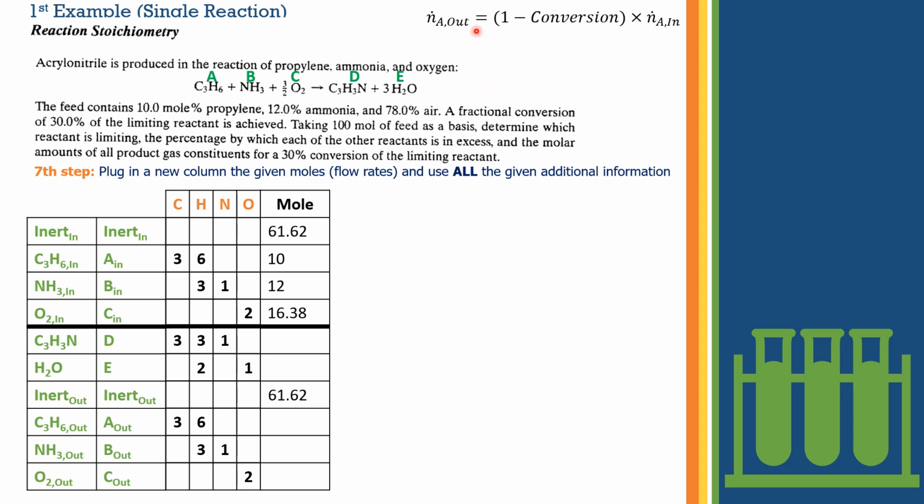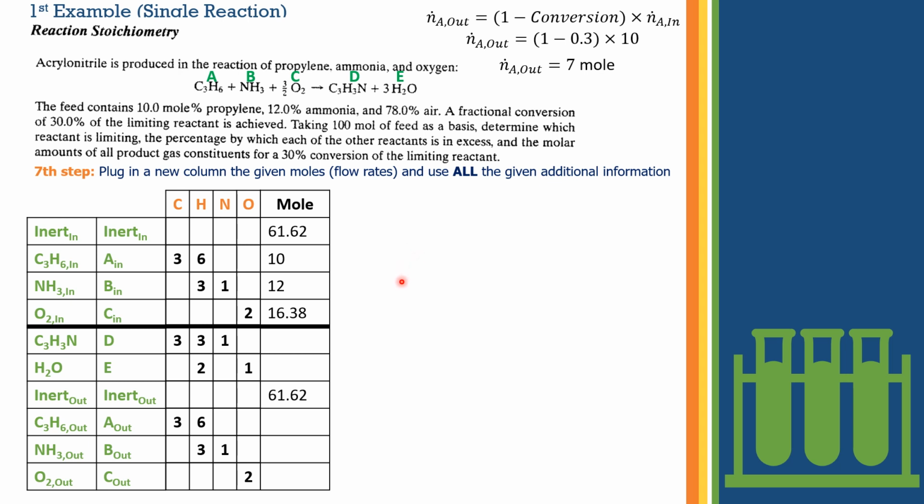The complement of the conversion is the unreacted fraction. It is basic math, and we will have 7 moles of A that is not reacted, that we have